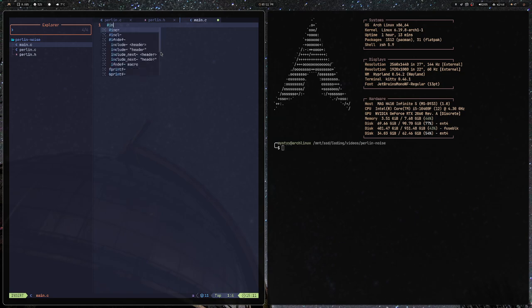So let's do include Raylib. I can't spell include. Include Raylib and include Perlin.h. And then define width. This is the width of the window. So define height. We're going to do 800 by 600. Define scale